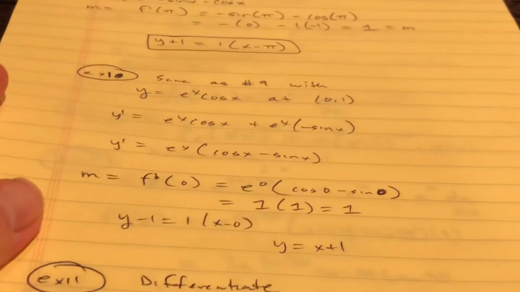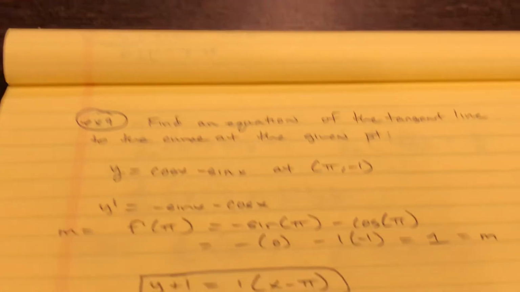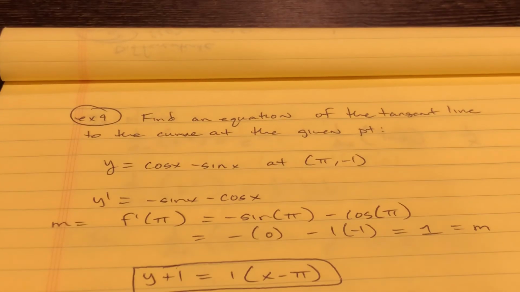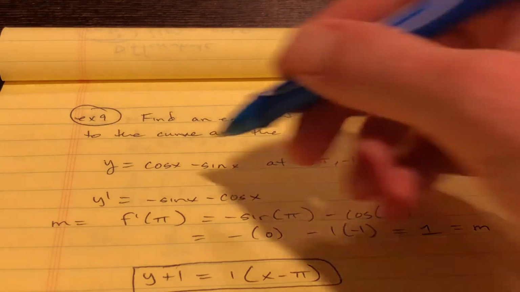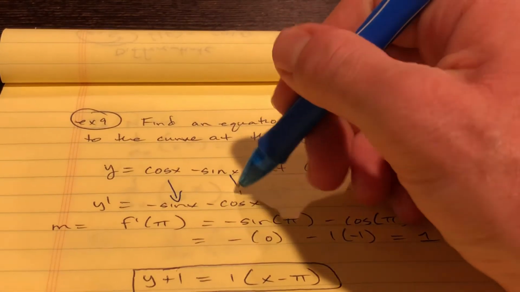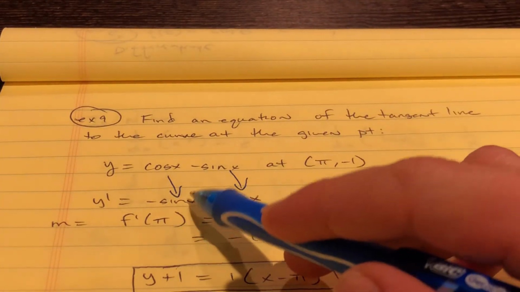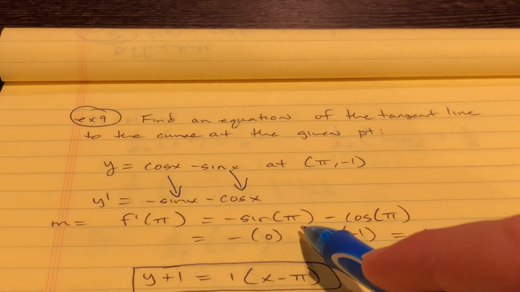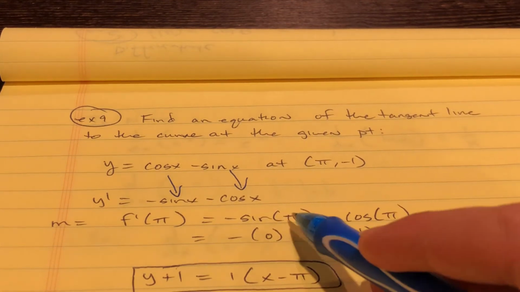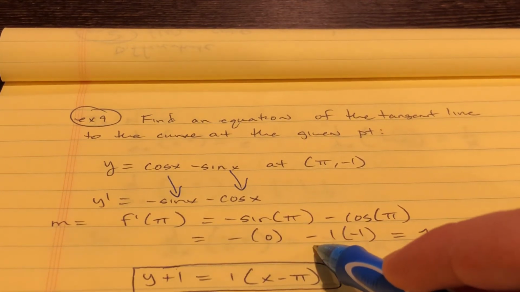Number 9, find the equation of the tangent line to the curve at the given point. So your curve is y equals cosine x minus sine x, and you want to find the equation of the tangent line to that curve at pi comma -1. So take the derivative. Well, that's just negative sine minus cosine. That's pretty easy. Plug pi in. So negative sine of pi minus cosine pi. That's 0. Minus,